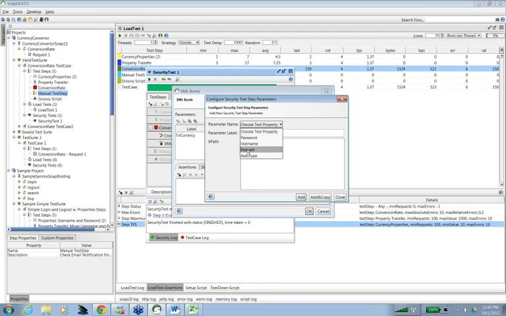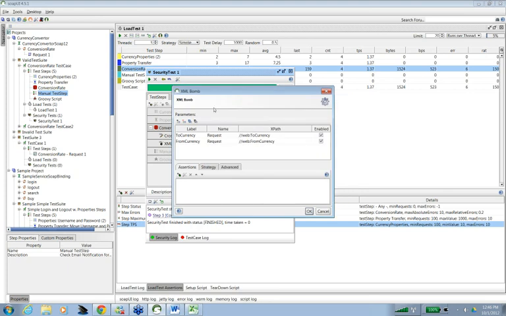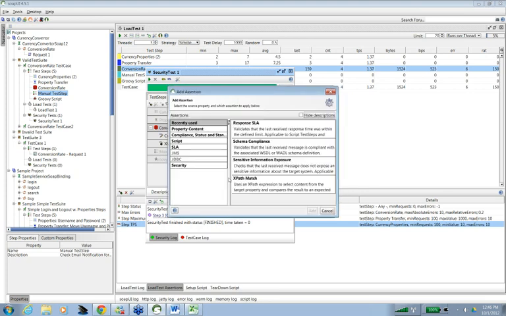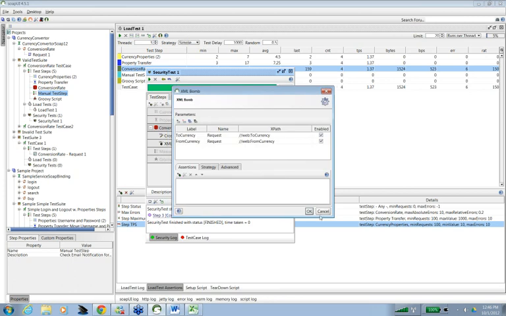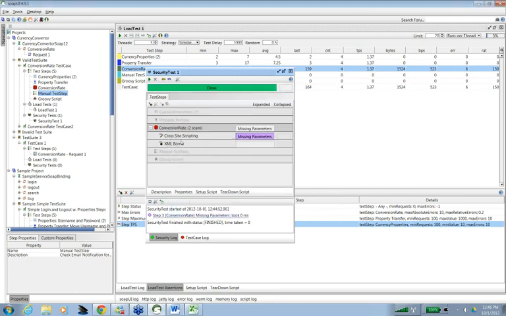Let me give one more, currency. Here you can do assertions, but I'm not doing any assertions.